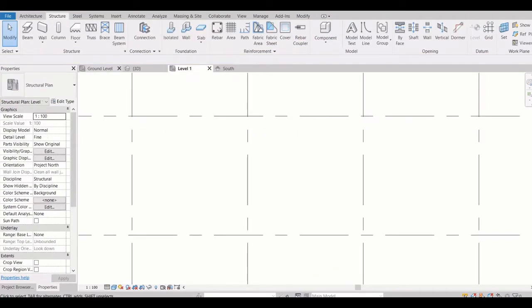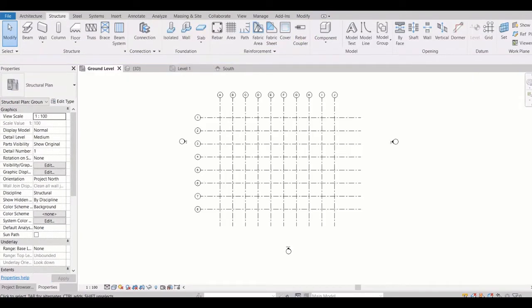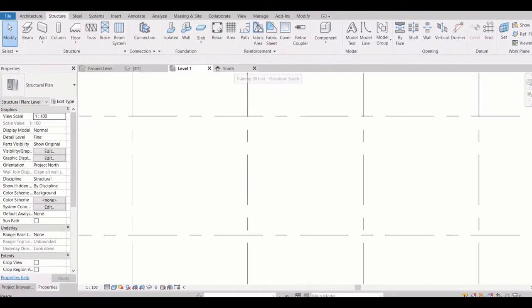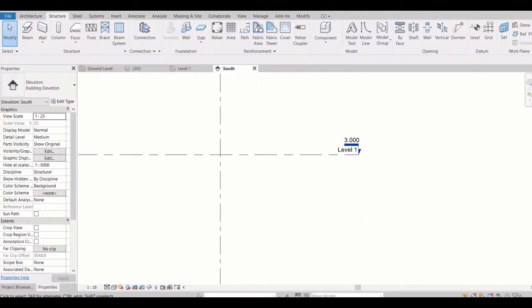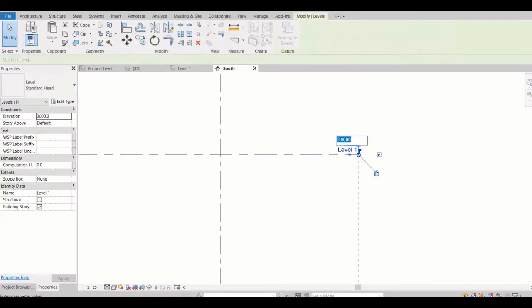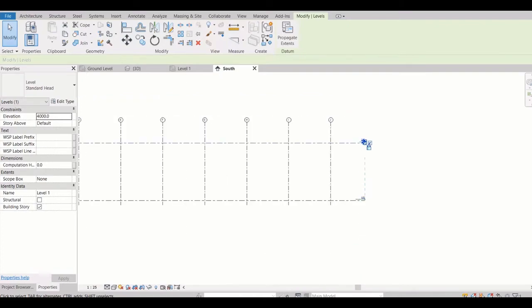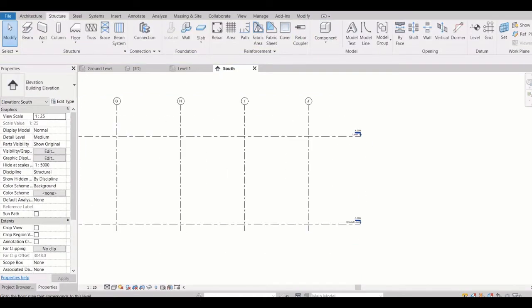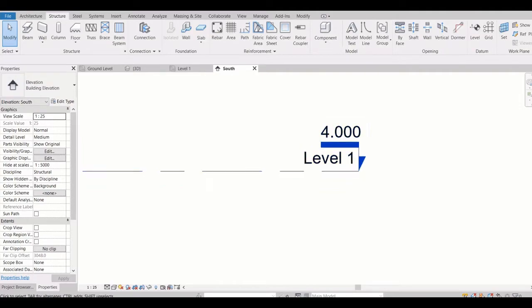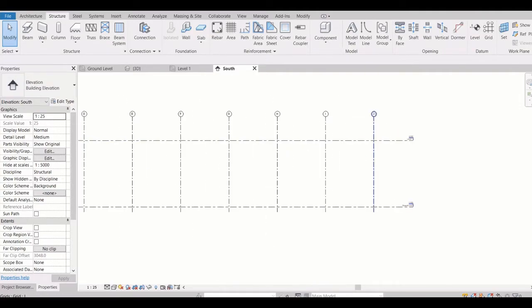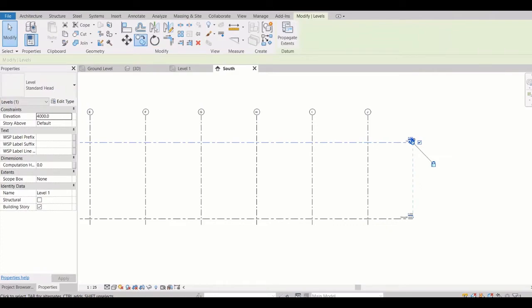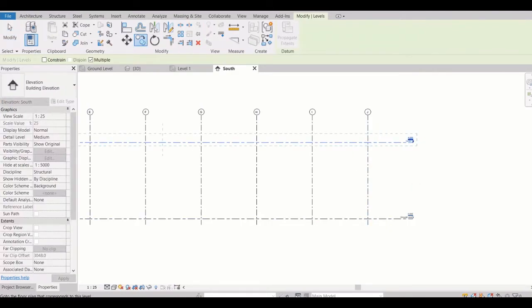As you can see, it also changed the name over here. Now we have this 3 meter. If you want to change it to 4 meter, you can change. Because this is our elevation, elevation is always in meter. Then if you want to make more, just make a copy however you want, 3 meter.